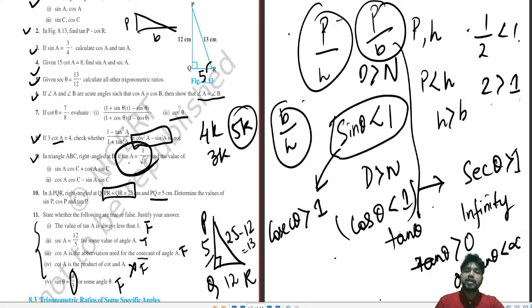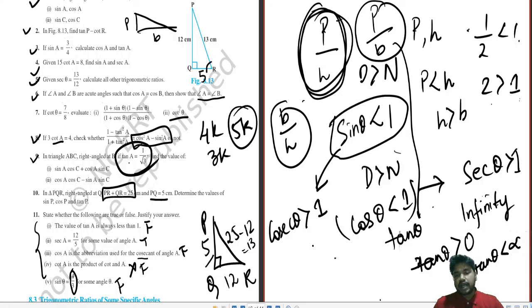So these are some tricks used by the teachers to make your mind clever or make your mind dull. If you are studying at home very vitally, you will be on the clever part. If you are not, then you will be on the dull part. Obviously, you have to look into this. Where is sin theta greater? Where will it be less than 1? Why is it less than 1? The reason lies behind the hypotenuse, the Pythagoras part.